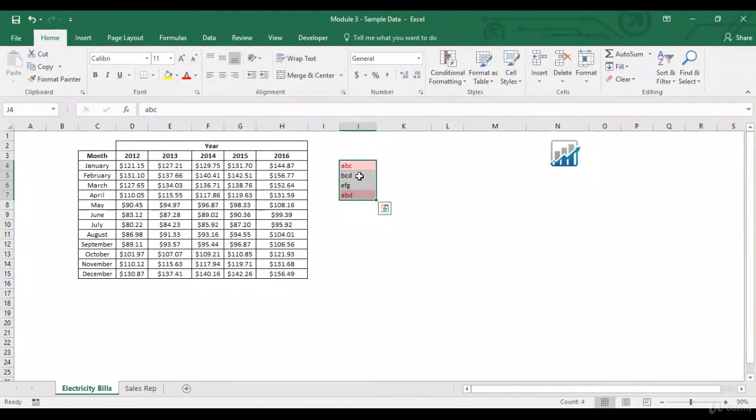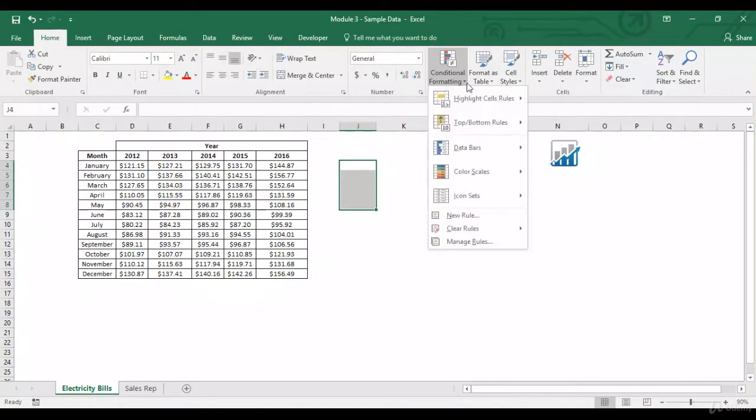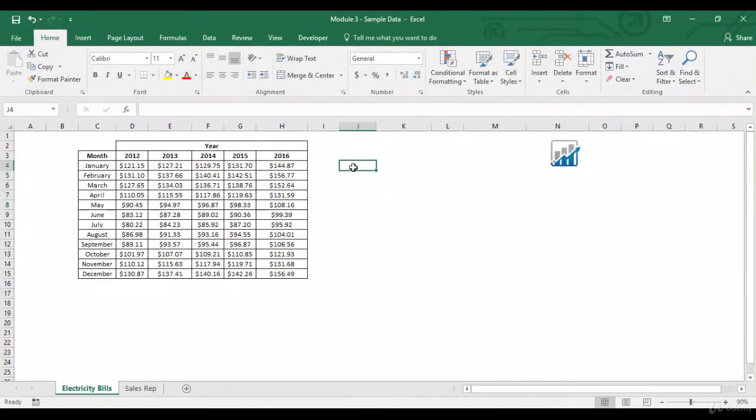So it has highlighted those two cells where AB is there. But what if we have ADB? Let's see if this works. No, it does not, because AB needs to be together. So let's clear this formatting now and clear rules from selected cells.